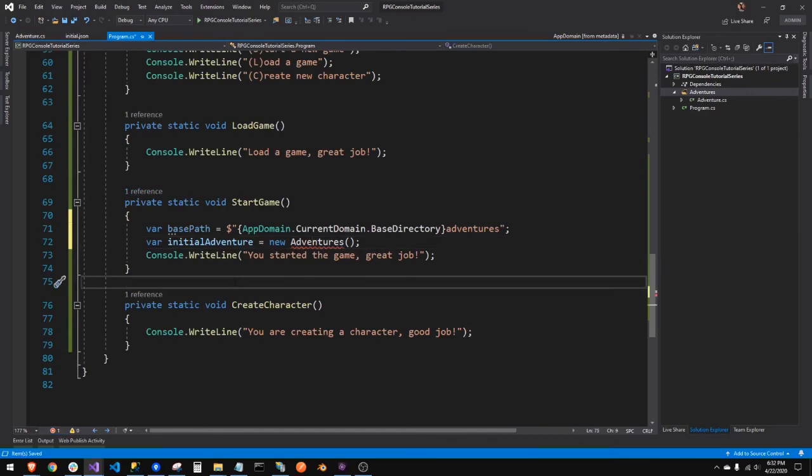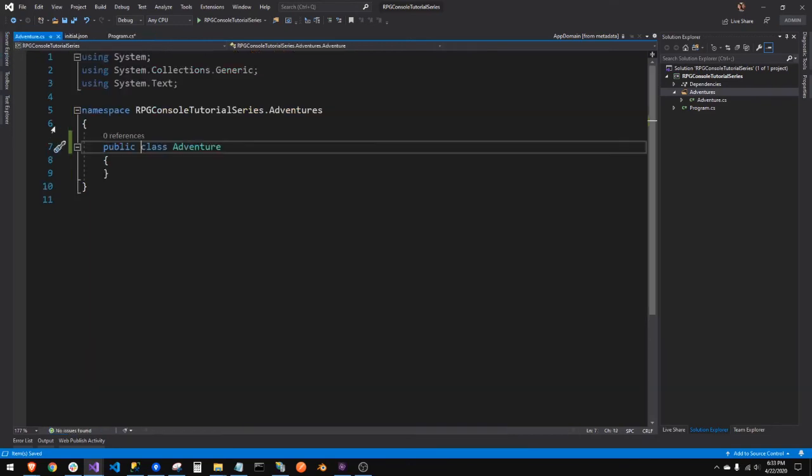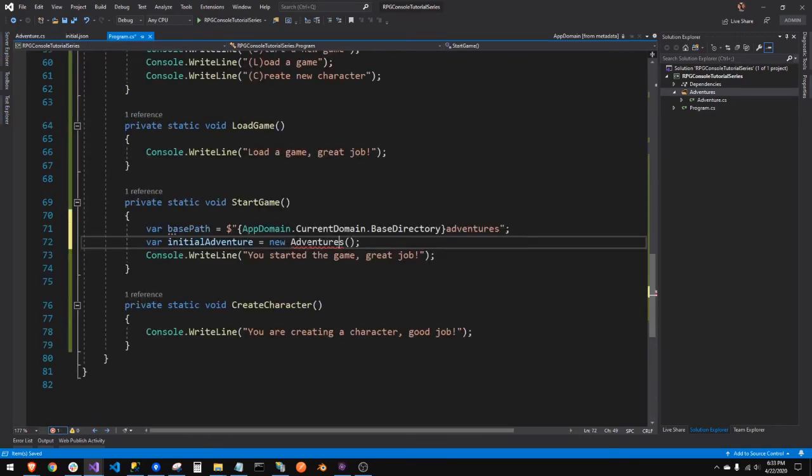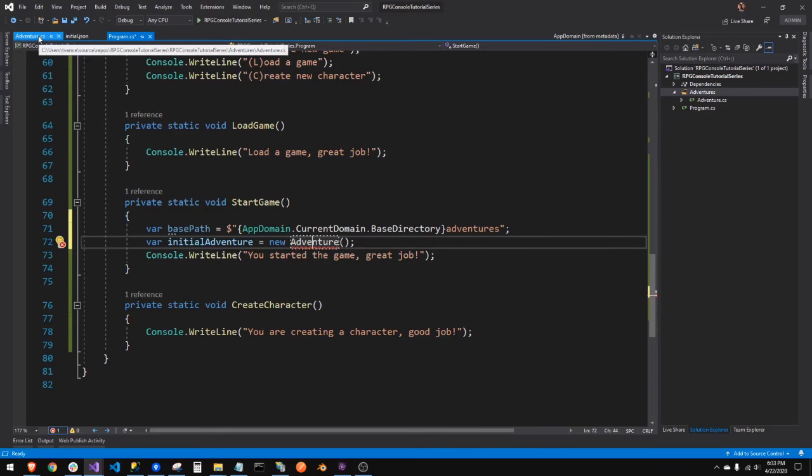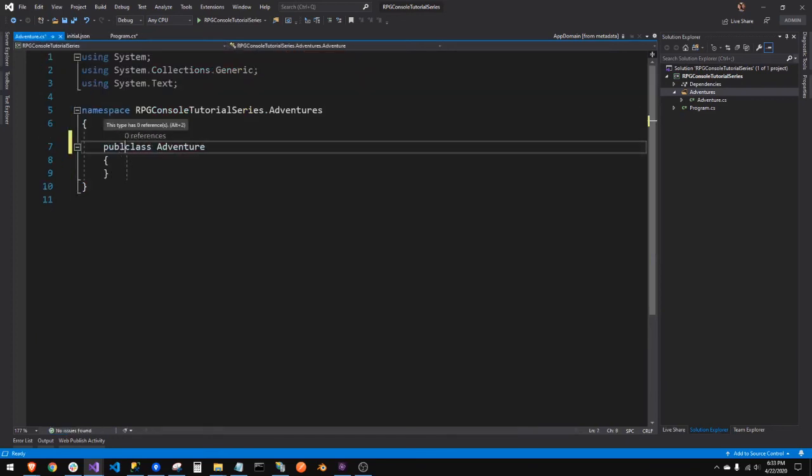Come back over here. Now if I was to hover over this, oh, I'm sorry, I got adventures. Adventure. Okay, hold on. Let's go back and make sure I want you to see this. So go class Adventure. You notice that when I did make it public, then it could find the namespace. But right now, it probably can't even find the namespace. A type or namespace adventure could not be found anywhere. Why? Because it's private. So if I go back over here and say public,